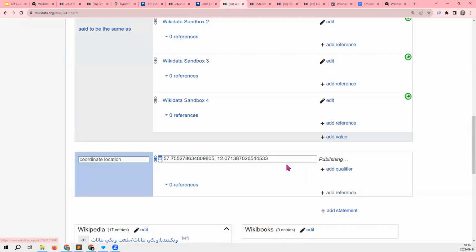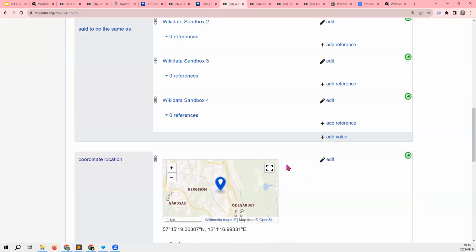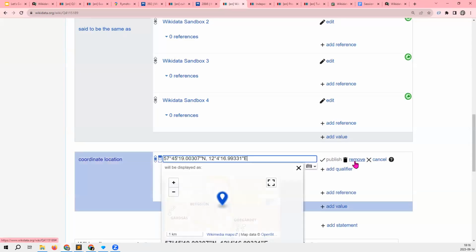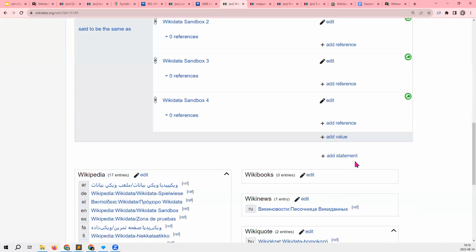And here are the coordinates. And I will remove it because it's just the sandbox, and also that's where I live. You just got a follow-up question, Alicia. Like, in what case is it then actually good to use the geolocator tool?